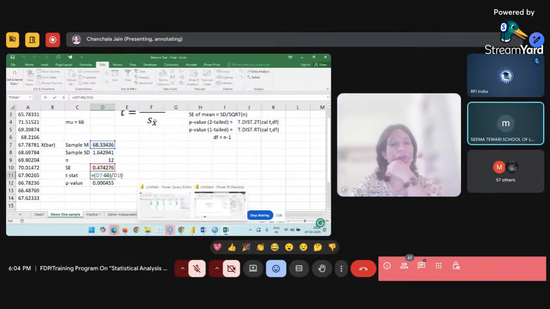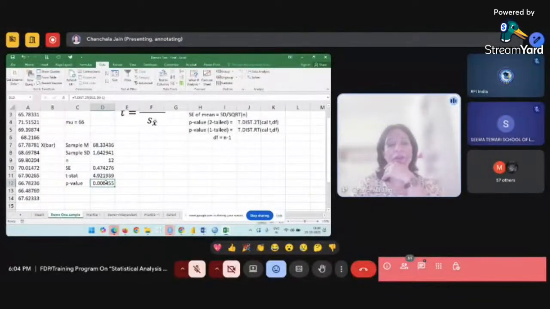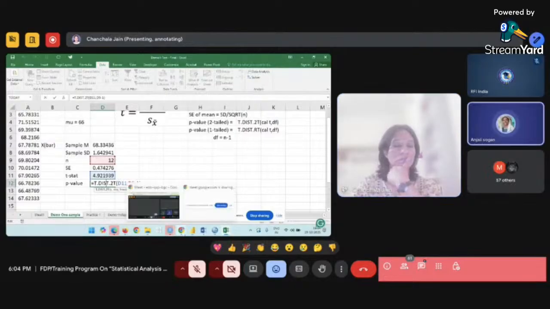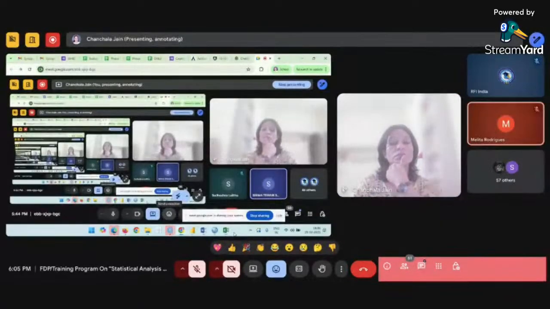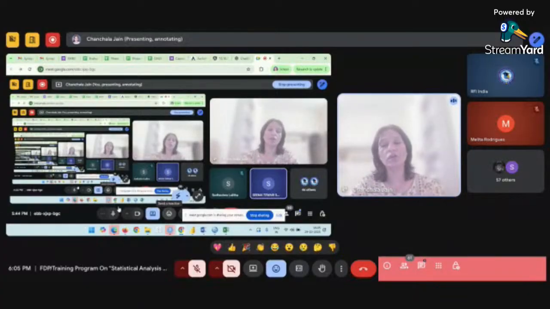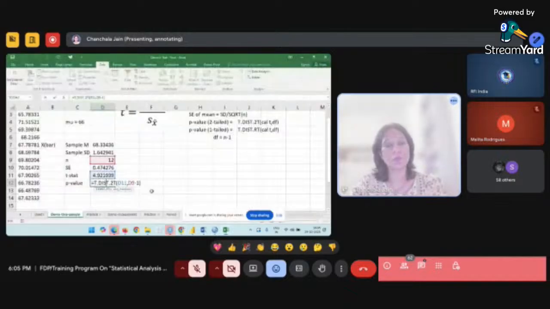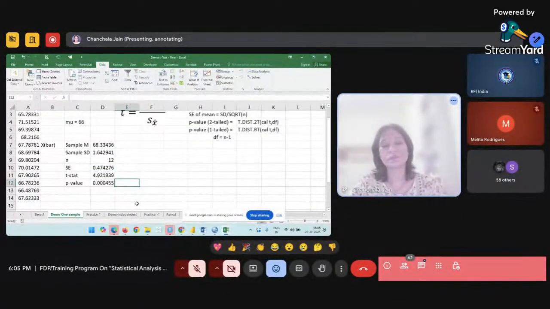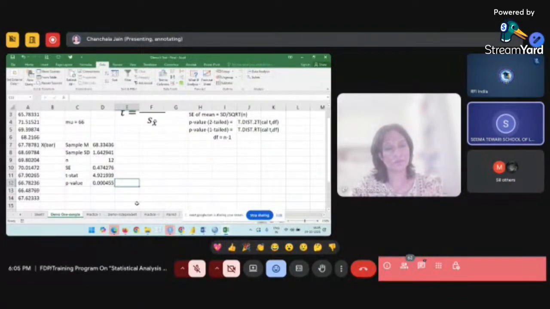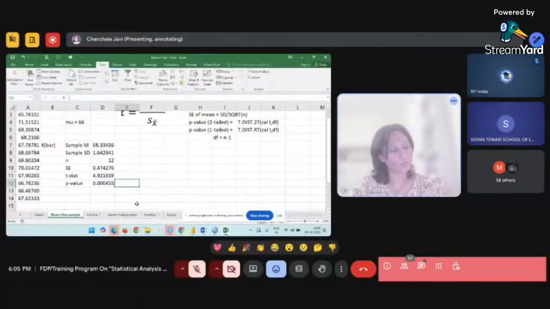Fine. Then the p value is also calculated by every one of you. So now, on the basis of the p value, can anyone tell me what the interpretation will be here? How can I interpret the results now? The sample mean is not equal to the population mean. I think the original hypothesis is that the sample mean is equal to the population mean. Okay. And since the p value is less than 0.05,